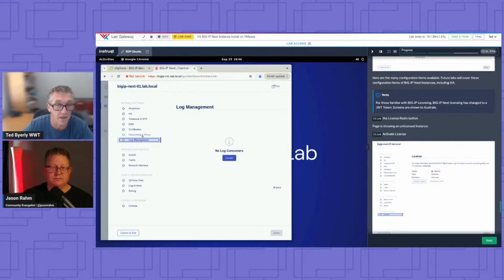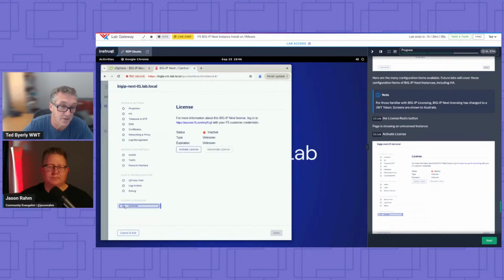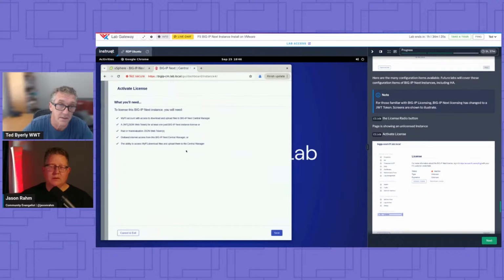So this is where once you get your Big IP running, you would start your management Big IP. And then you got your metrics. If it was processing traffic, you can get your QK views, log debug, and license. What's changed about license, you can activate it or deactivate it, but now this is all JOT tokens, right? Yep. You can do this. We can talk about, hey, you need a JOT token. Again, the reason we haven't licensed this is people might not have access to my F5 and do that.